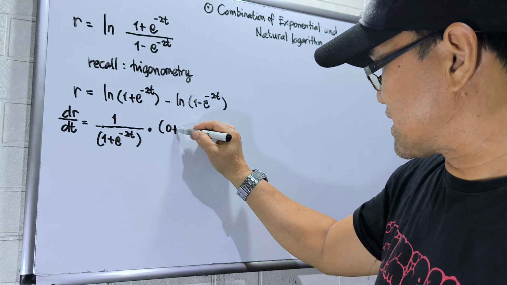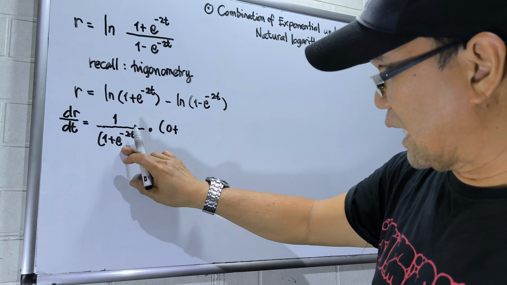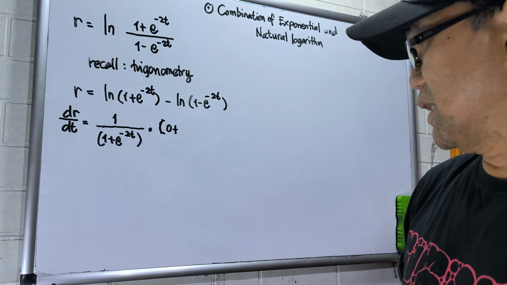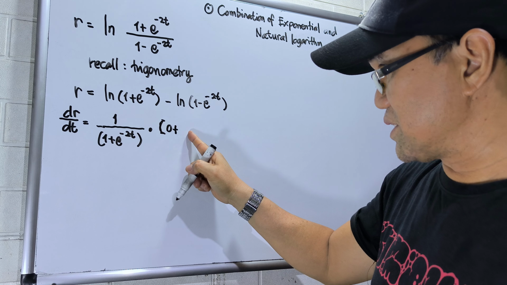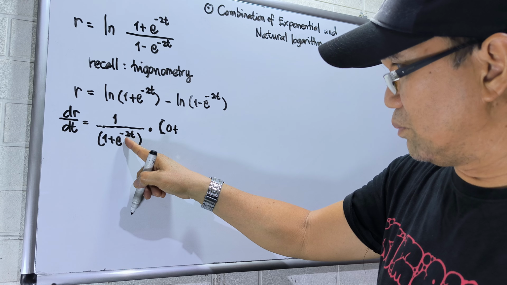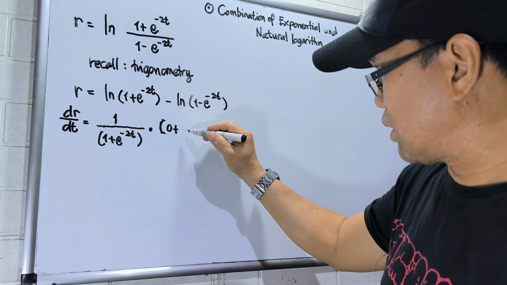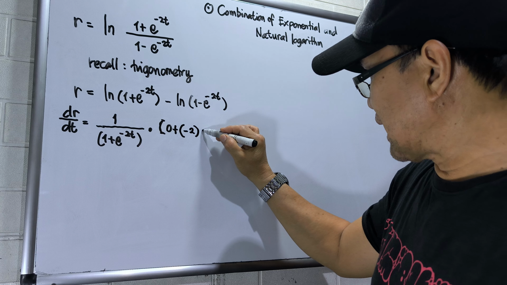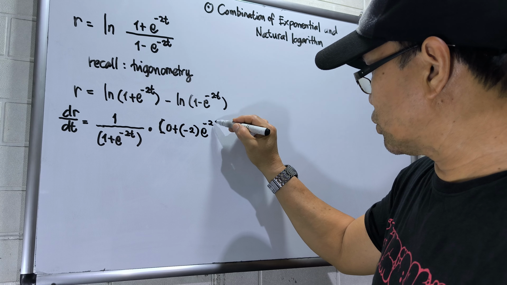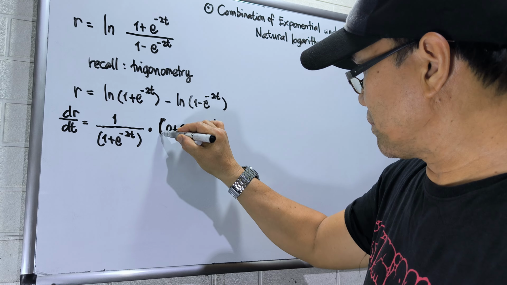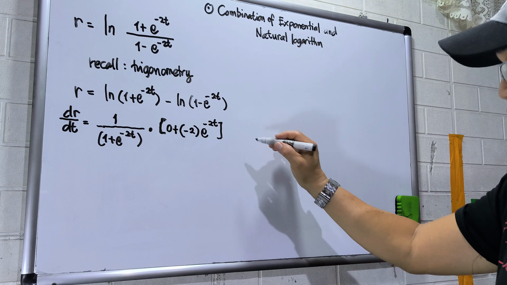Then plus, I'll use square brackets because I will use circle brackets in here. The derivative of negative 2t is negative 2, and then times e to the negative 2t. That's why I use square brackets in here. Okay? Then minus